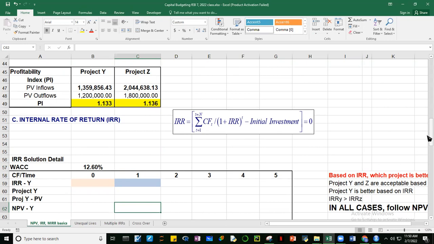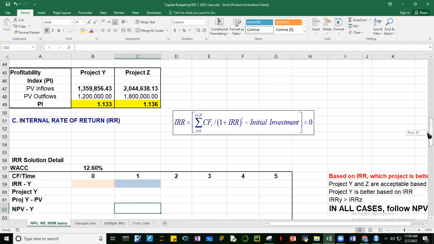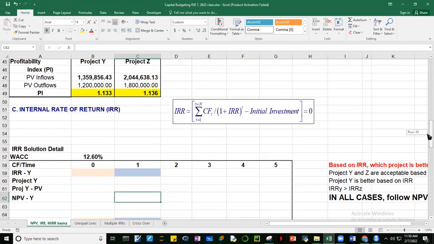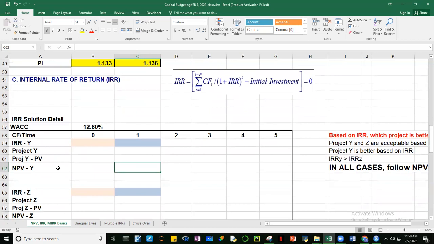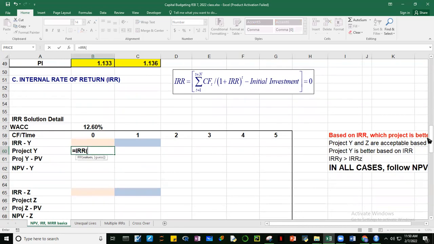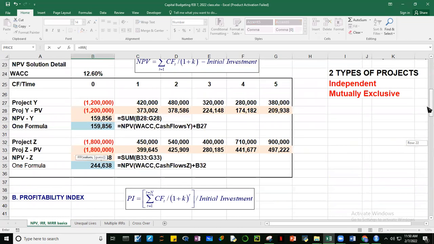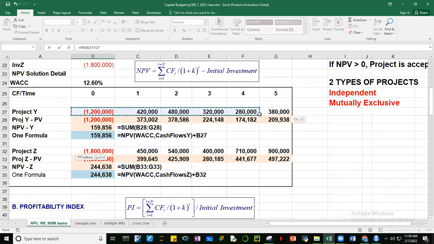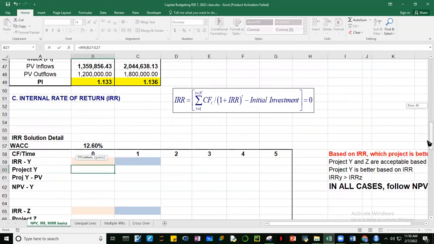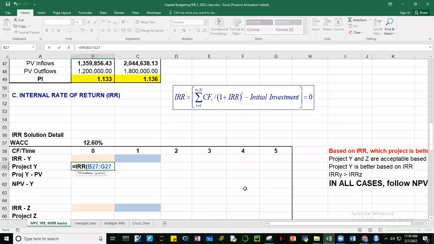So, how do we decide based on IRR? Okay, one good thing, guys, pwede na natin computein yung IRR kay Excel, no? Unlike before, ang ginagawa pa namin, nagmamanual pa kami nito and it's quite tedious to compute for the IRR manually. So, we can do this, IRR. Ano yung values natin? Lahat ng values natin, no? Ito. So this is for project Y. Yung total niyan. Then ignore the guess. Okay, gawin natin percentage to. Decimal places. 18.23.